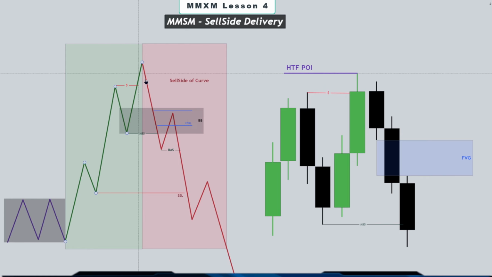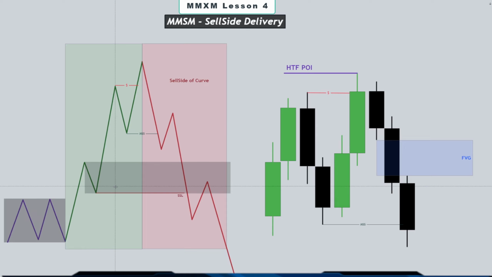However, as I said, just to keep things simple, you look for a valid market structure shift with that fair value gap, and if that fair value gap aligns with your breaker block, price will continue inside of that fair value, mitigate the breaker, and it will give you a second break of structure for a continuation lower to the first stage of sell side liquidity, or to the liquidity that's sitting below the first stage of the accumulation